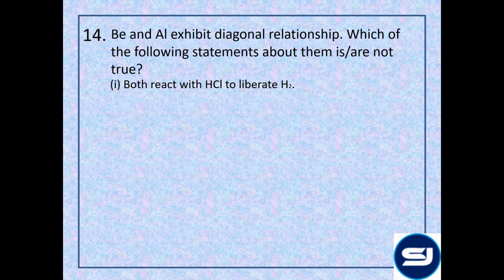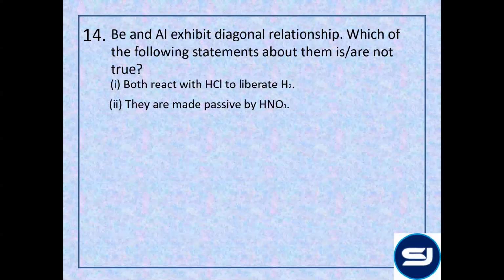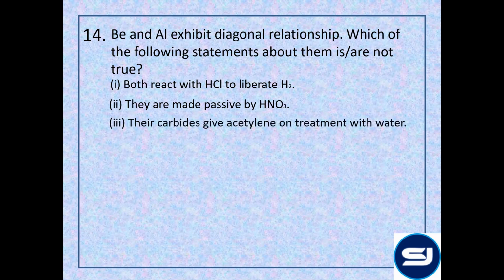अरे भाई, बेरिलियम एंड अल्यूमिनियम बोथ आर एम्फोटेरिक। एम्फोटेरिक जो होते हैं वो एसिड और बेस दोनों के साथ रिएक्ट करते हैं। एंड अभी मैंने एक क्वेश्चन में बताया दैट एम्फोटेरिक सब्सटेंस कैन रिएक्ट विद एसिड एज वेल एज बेस टू फॉर्म द H2 गैस। मतलब ये करेक्ट स्टेटमेंट है। They are made passive by HNO3. Yes, अल्यूमिनियम को याद रहेगा तो it can form a layer of alumina on its surface which will make it corrosion resistant। मतलब this metal can be made passive by the use of oxidizing agent HNO3। Their carbides give acetylene on treatment with water।